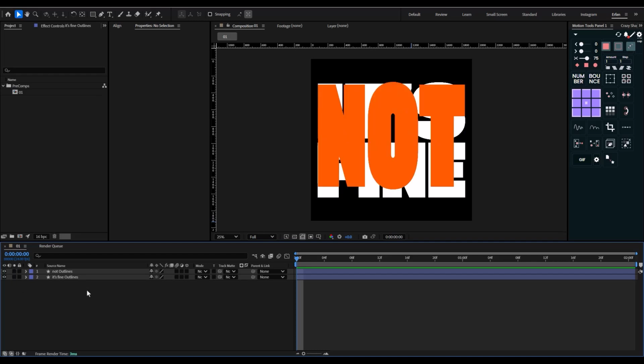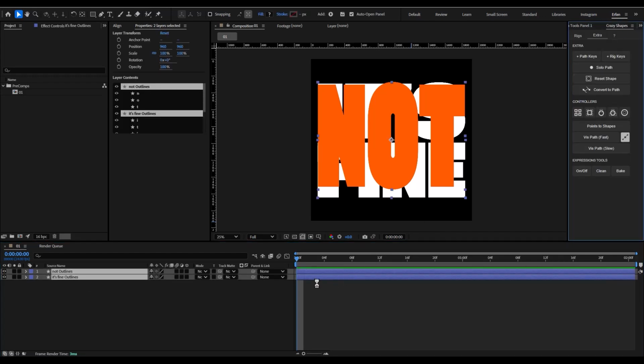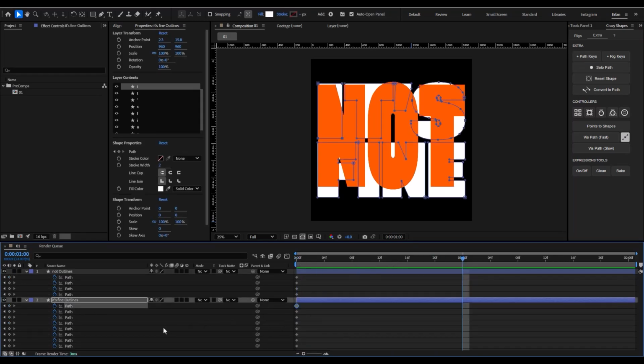So on the first step, what we need to do is create a sort of stretching animation. To do that, I'm just going to select these keyframes and use the Crazy Shapes to set some path keys. And then I'm just going to go towards 1 second. And then on 1 second, I'm just going to select the fine